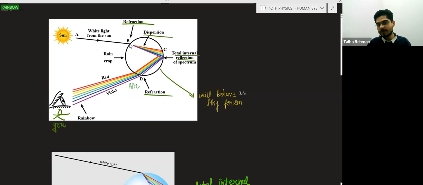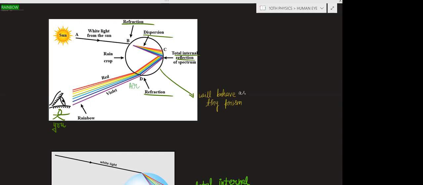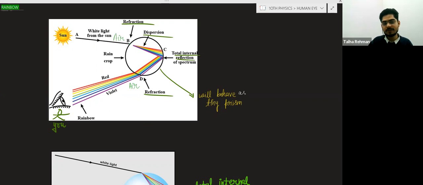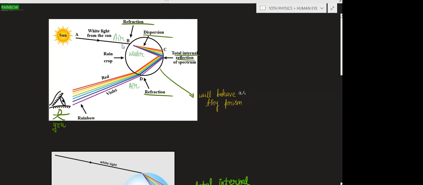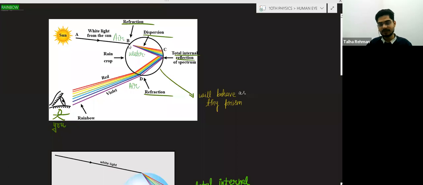Why here at point B is the refraction taking place? Because here will be air and here will be water. This is a water droplet, so the light ray is changing the medium. Due to the change in the medium, refraction takes place. And here will be total internal reflection. Simply here will be the surface, and due to the surface, we have seen the reflection from the